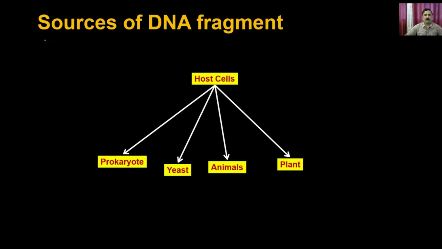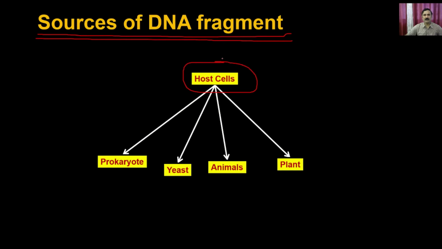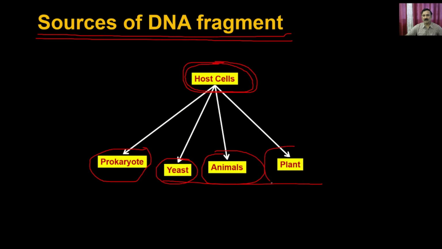So why do we need to isolate the genomic DNA? Because you have to isolate the gene, and the gene is going to be a part of a particular genome. There are multiple sources from which you can isolate your gene. For example, you can have prokaryotic sources like bacteria, or different types of eukaryotic sources. I have taken examples like yeast, animal cells, or plant cells, but these are just representative cells. Ideally, you are going to isolate the genomic DNA from two sources.